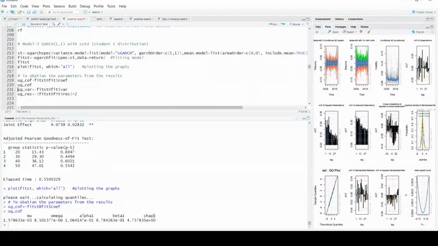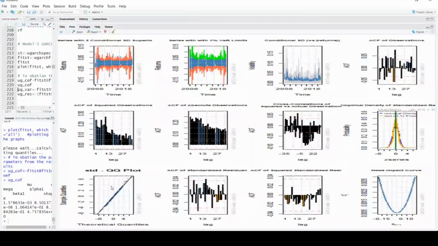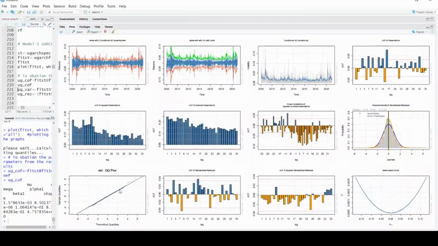Now you can see here the QQ plot, it is more or less normal. It looks to be normal. The residuals are behaving normally in this plot also. I'm not going into detail because everything would be read similarly. I hope you understood. Only the skewness parameter will not be there.